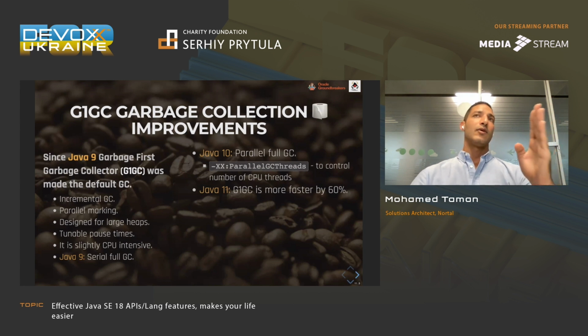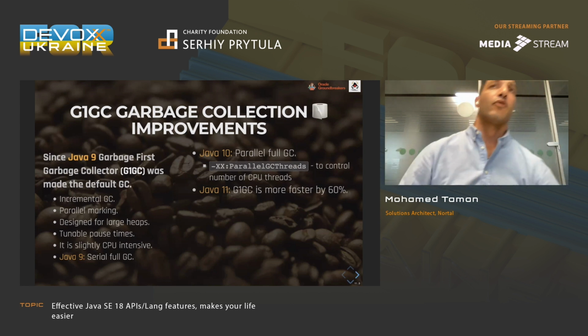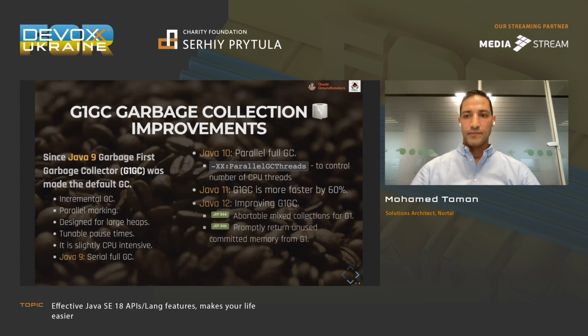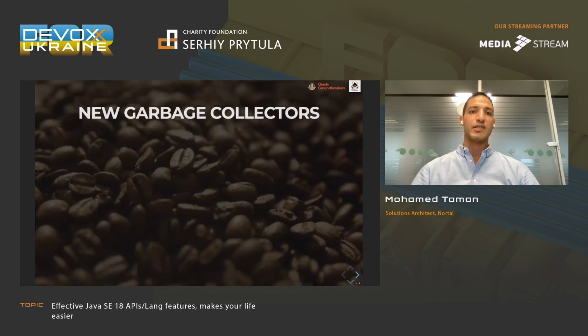This is why I told you, when people migrate, they get the benefit of out-of-the-box enhancement of JDK performance without even tweaking memory or CPUs or anything. But you also need to learn about the features to make use of the full-fledged JDK. By default, if you're migrating to 11 plus, you will get 60% faster performance than ever. And then Java 12 GC improved because this is the default one. So a lot of enhancement happens.